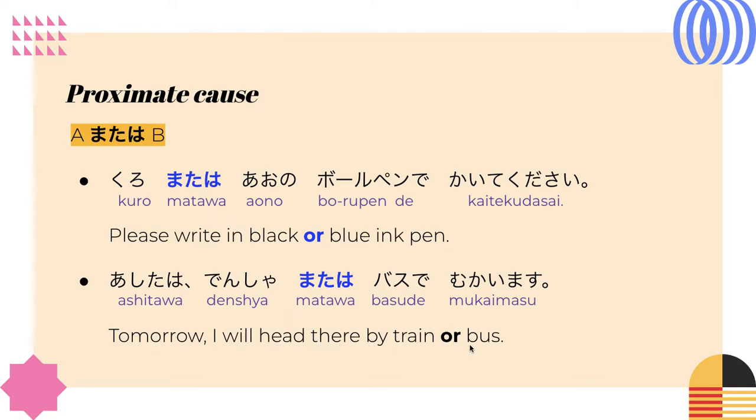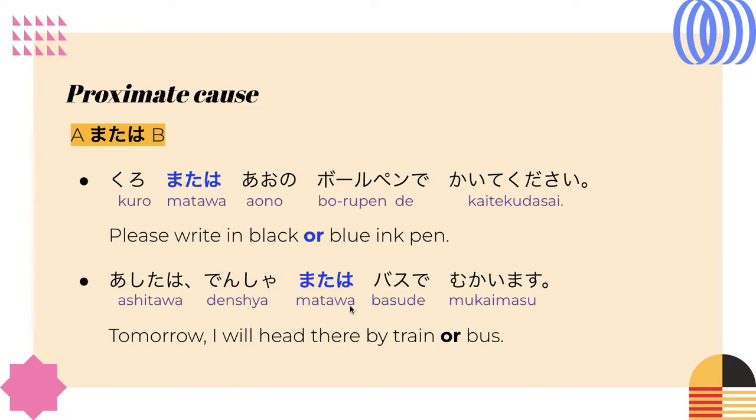If you wanted to say, tomorrow I will head there by train or bus, you would say, 明日は電車またはバスで向かいます。 As you can tell, both of these examples have 2 different options, and in between those there's または, so 黒または青, 電車またはバス。